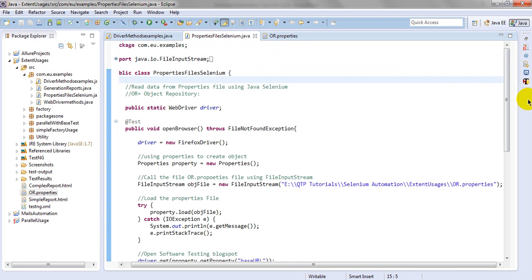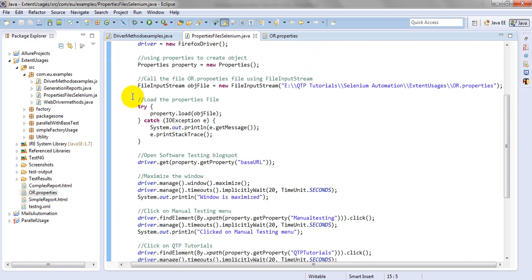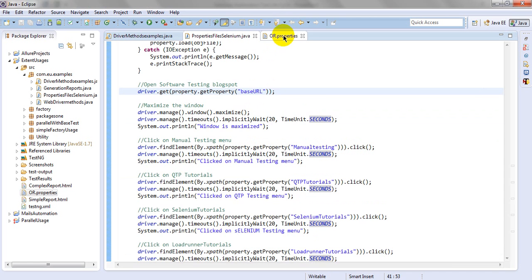So like this, you must enhance your script with the help of properties like object repository, and you need to get the property base URL. Instead of declaring every XPath and ID, you just declare like this. Then only your script will look like a real-time script. This is how experienced people prepare it. Everything is called from our properties files.